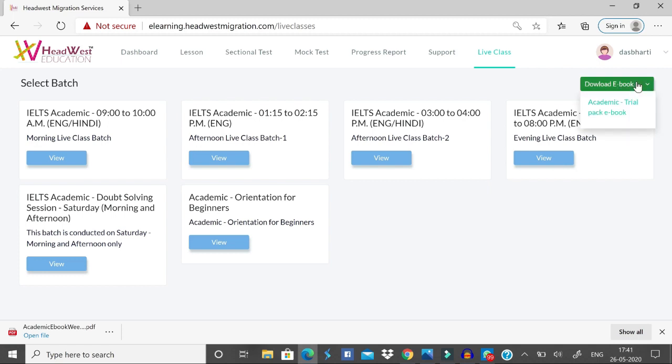That's one of the other features. This ebook has all the lesson plans mapped out for the entire term of your learning. At the moment it's 12 days, which will support you for 7 days.